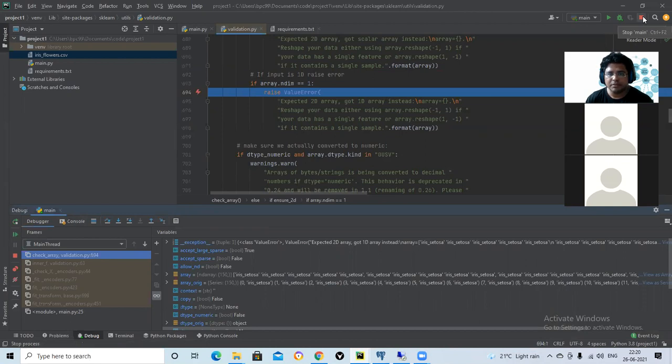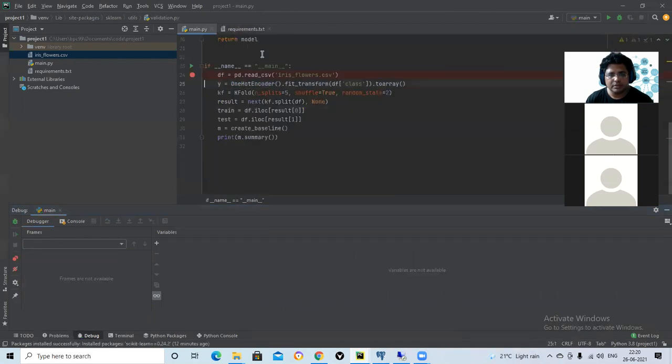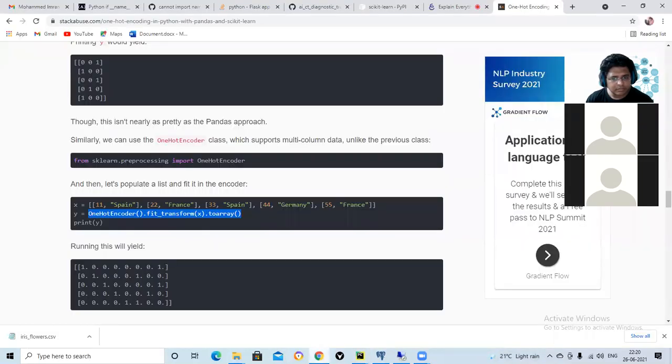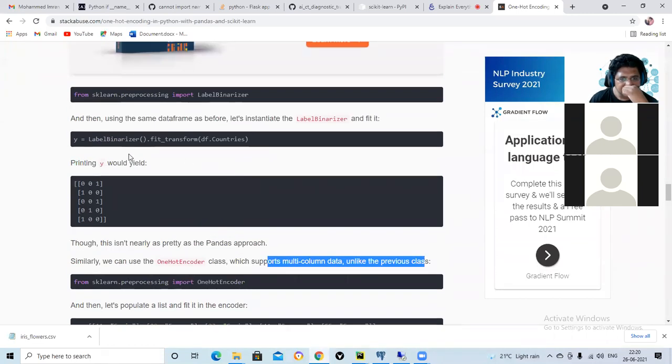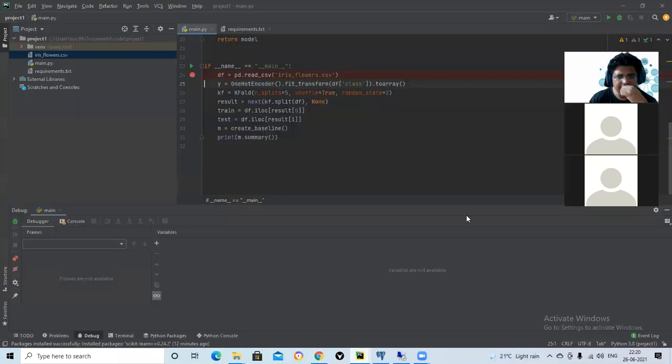Every dimension is 1. It supports multi-column data in previous class. No, I did label binarizer only. Just give me some time.